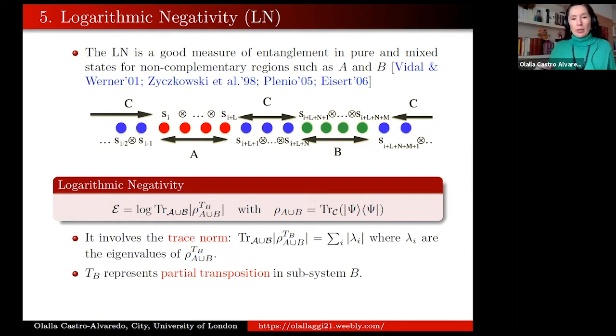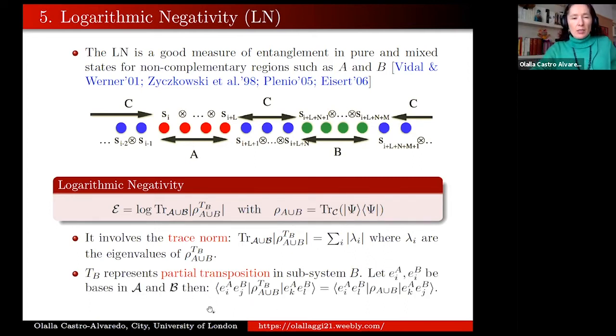Well, we do this here because this matrix, rho, this reduced density matrix with this TB on top, is the original reduced density matrix, where we have performed some additional operation. And this additional operation is called the partial transposition in subsystem B. So what that means, in essence, is that if we have our reduced density matrix and we have some matrix